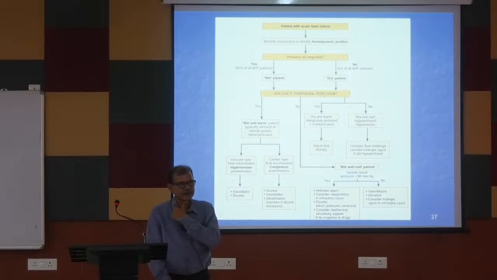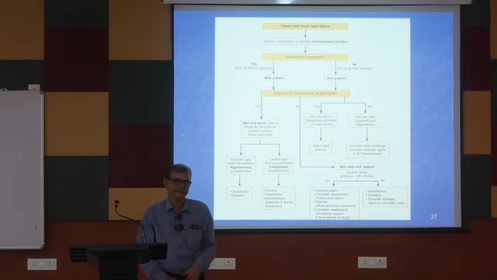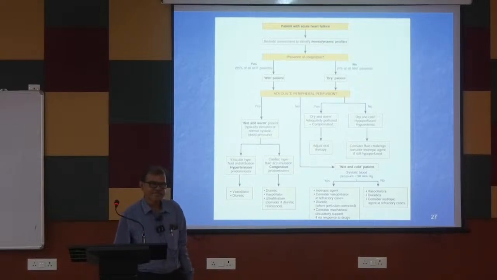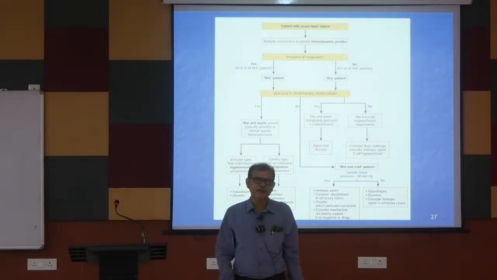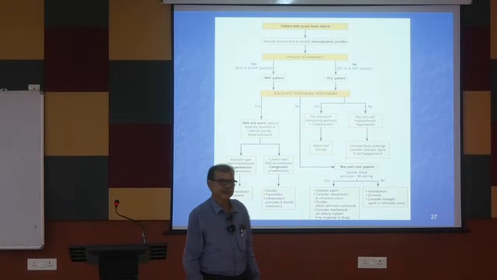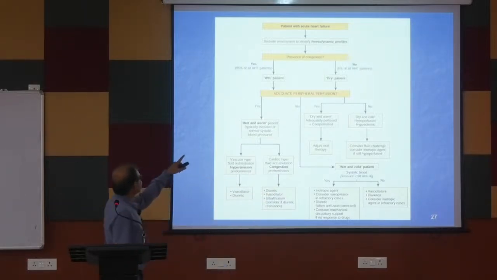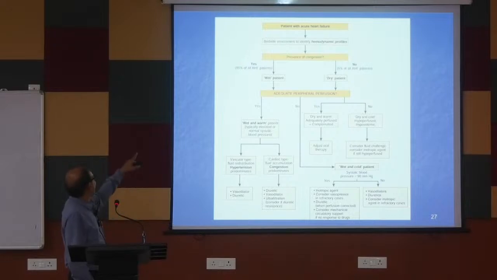ঠিক আছে। যেগুলো বলতে না শুনেছে বোঝা যাচ্ছে। হোয়াট ইজ পালস প্রেশার? Systolic BP minus diastolic BP. Normal values 70 to 100 millimeter of mercury. ঠিক আছে। সেখানে যে প্রেজেন্স অফ কনজেশন, ইয়েস, ওয়েট পেশেন্ট আগে ক্লিয়ার করা হয়েছিল। অ্যাডিকুয়েট পেরিফেরাল পারফিউশন, ইয়েস, ওয়েট এন্ড ওয়ার্ম আগে ক্ল্যারিফাই করে দিয়েছি। ম্যানেজমেন্ট কুইক।